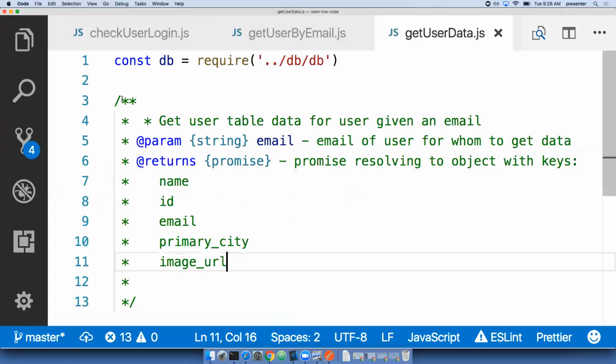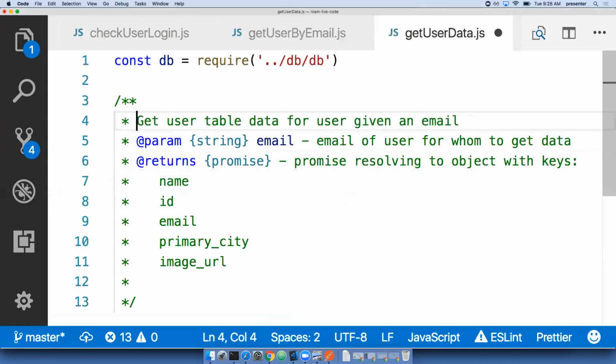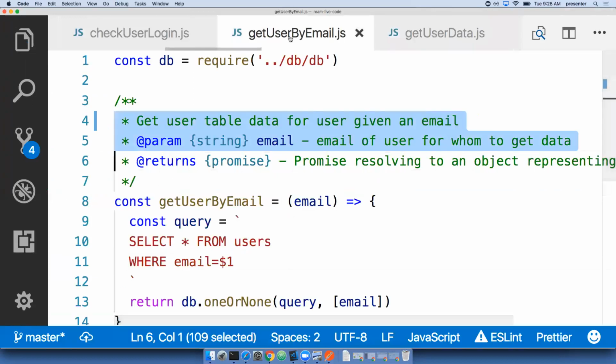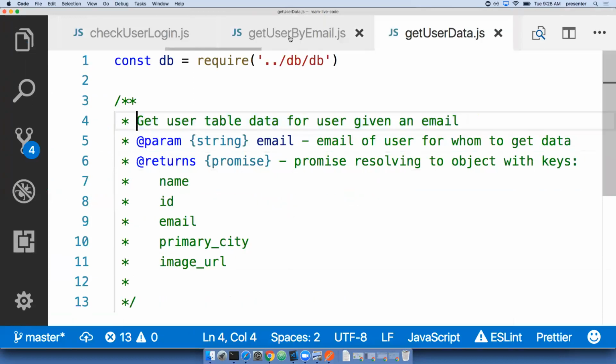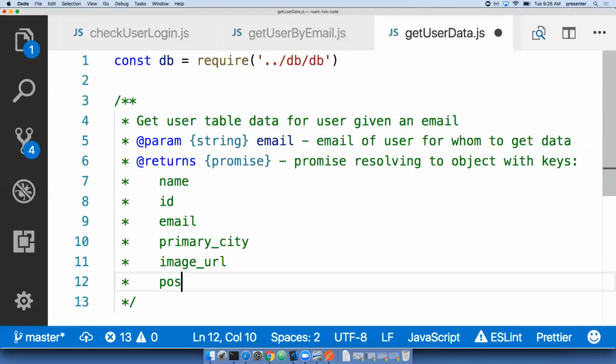If this was the entire function, then there would be no reason to have both this and get user by email. What is the difference? Why are we doing this function also? Are we also getting their names? Yeah, so I also want